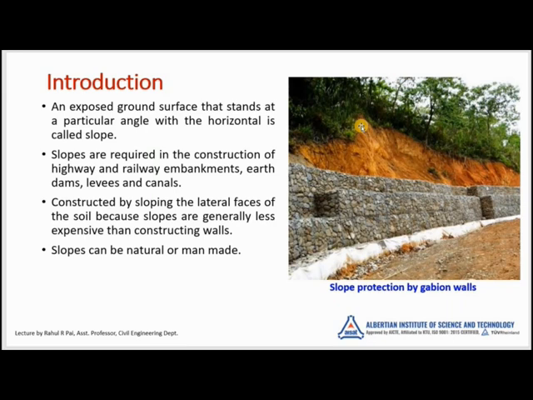And moving on to the types of slopes, we can have natural as well as man-made slopes. Whatever valleys and mountains we see are all natural slopes, and man-made slopes are whatever we construct. That means, for our requirement for any construction activities, if we build a slope, then it is called a man-made slope.